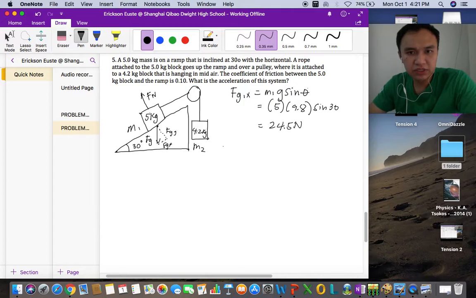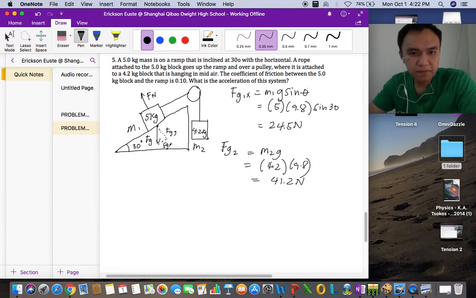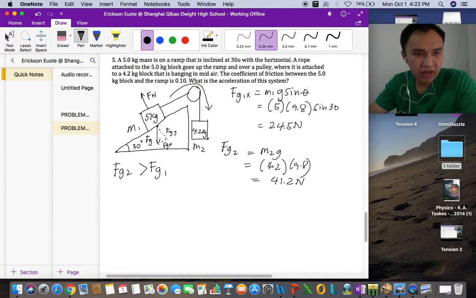For this one, this is Fg2, which is this one. So this is going to be M2G, and M2G will be equal to 4.2 times 9.8. The answer for that will be equal to 41.2 newtons. All right, so you will observe that Fg2 is greater than Fg1. So the system will accelerate in a clockwise direction. So this one will go up and this one will go down. So having said that,